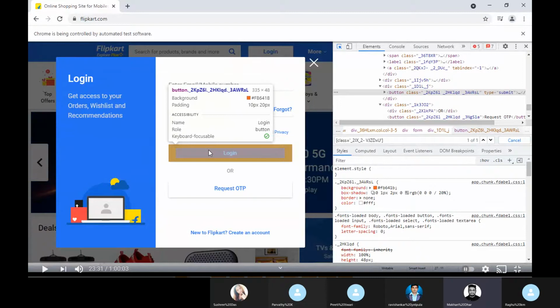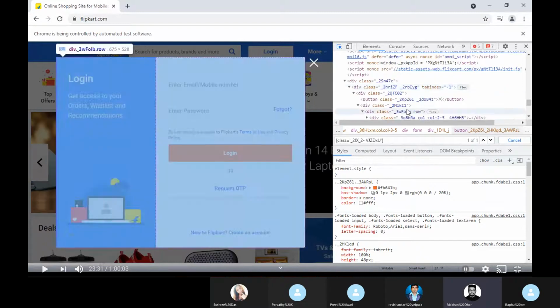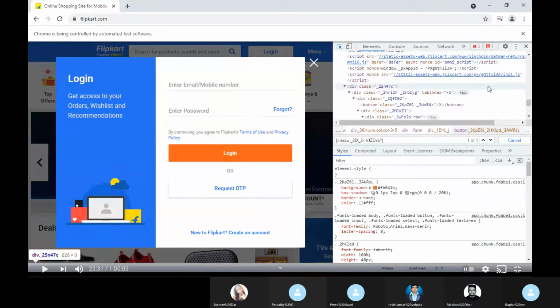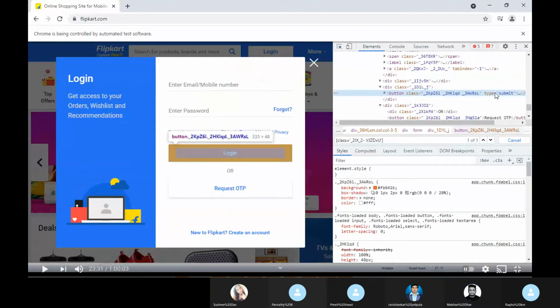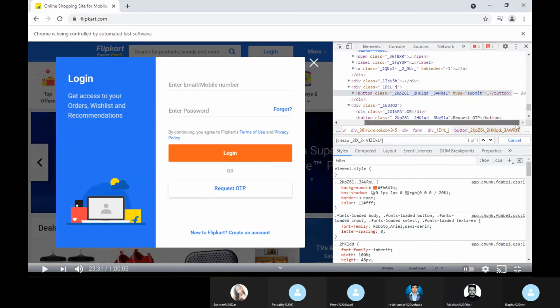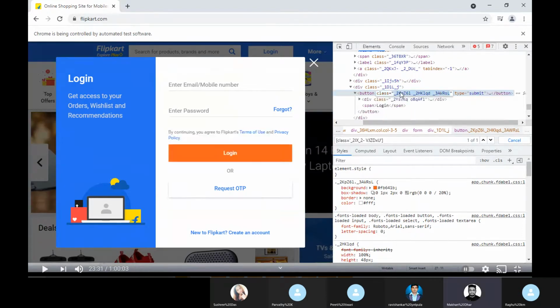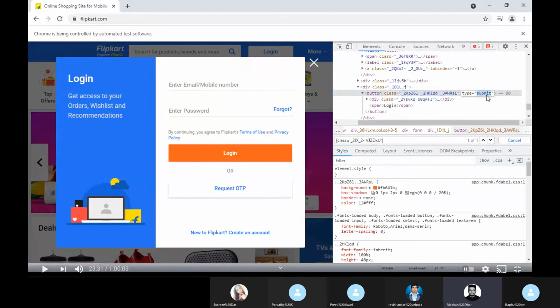No, it's fine. If you just hover over, it will be displayed. The button class is showing the same. There is a submit. This is the one. So this is also one attribute, right? Just click on the value submit, the type value, not class. You can even create it by the type. Control F and paste on the class. Just submit the value.